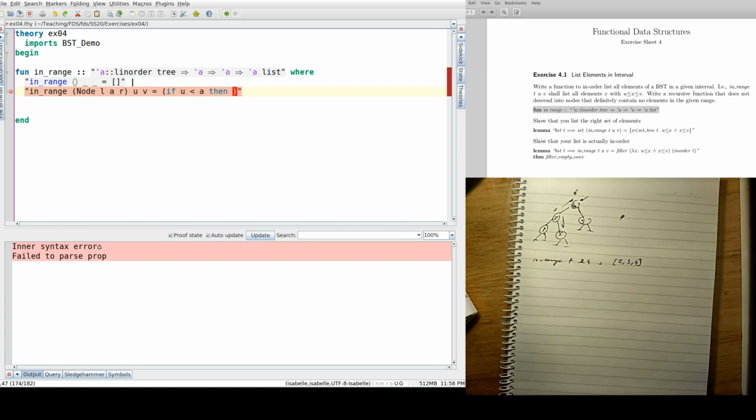So we say that. So if U is strictly smaller than A, then we get the elements on the left tree, so in range of L, U, V. Okay, else we get an empty list. Okay,